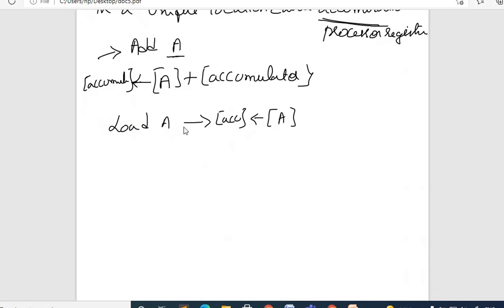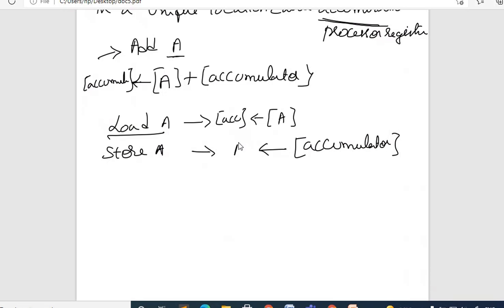You are not explicitly specifying the second operand, but if you write load A, automatically the content of A is loaded into the accumulator. Similarly, for store A, the content of the accumulator is stored into memory location A. So reading from memory happens with load, and writing data into memory happens with store.